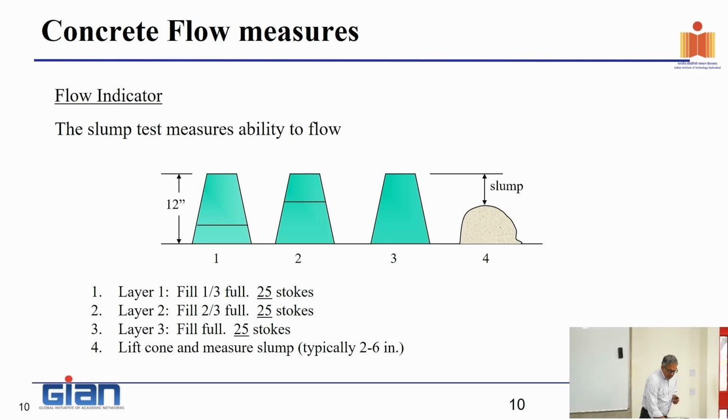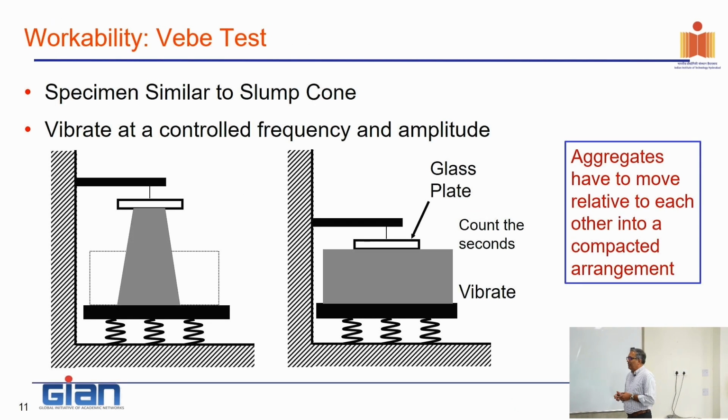Now, what would be a good measure of workability? I would say that perhaps this is a good measure, and a derivative of this that we are using in printing lately, which is actually called the VB test. What we do in here is that we take the cone of concrete. When you lift the cone, of course, and there is a container here. When you lift the cone, it's not going to fill the container.